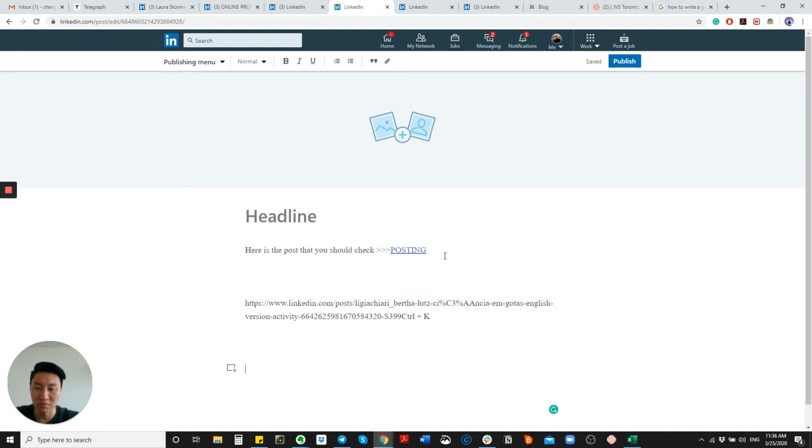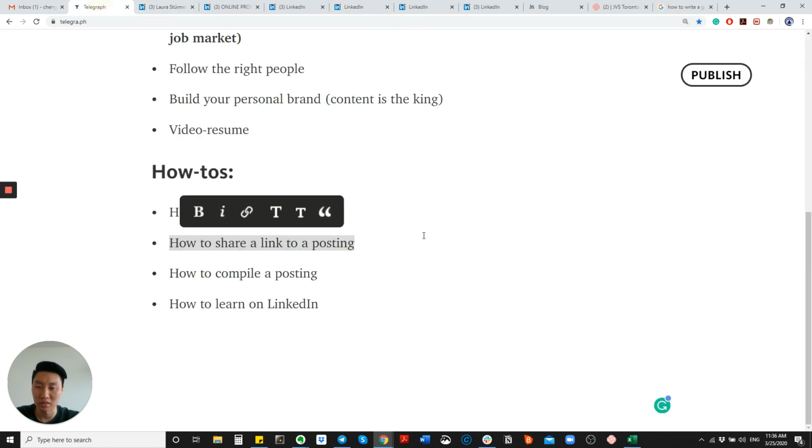Just a link. Hey, here's the post. Then I can select the word, Control K, paste the link, and press enter. I created the hyperlink. So this is how it's done.